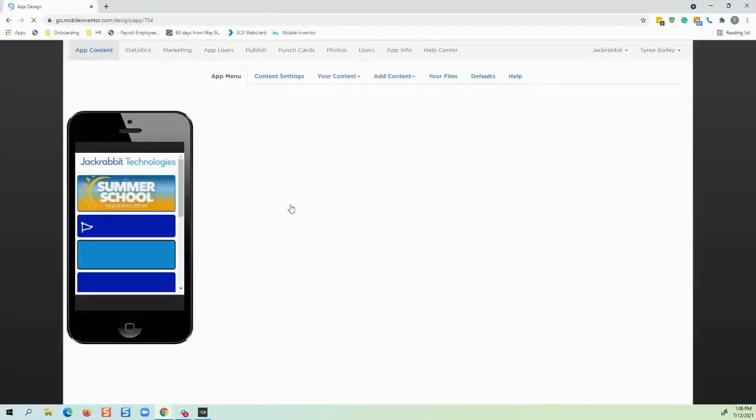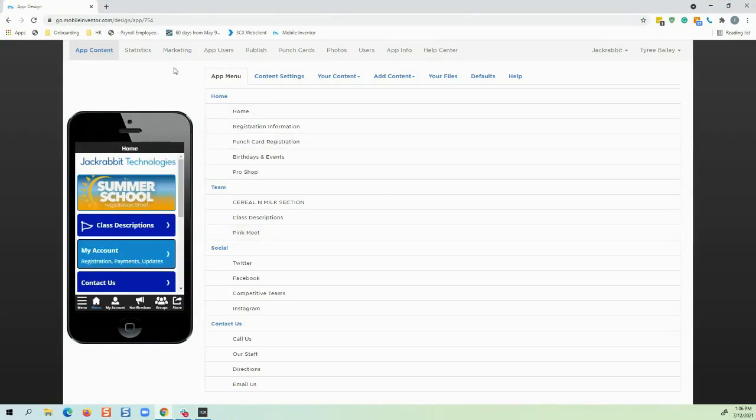All right. So before I even get going with showing you guys a little bit of features of the Jackrabbit app here, let me start off by saying this app is amazing. You guys will have 100% customization ability. So you can make this app as simple as you want it to be, or you can be the most outrageous app. All up to your discretion there from what you want to display to your families pertaining to this